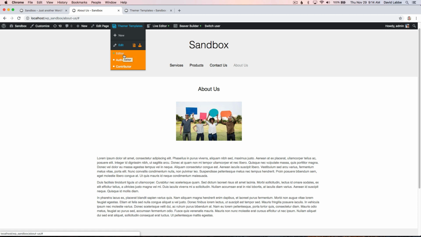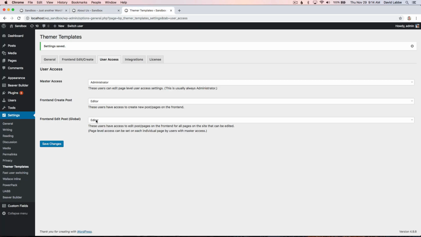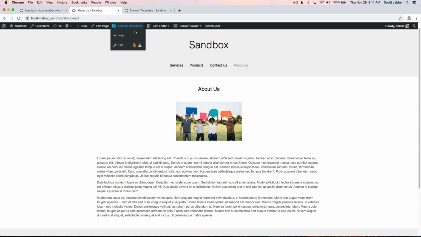As you see here, the editor has a green dot indicating they can edit this page. So let's say we want to remove them from being able to edit this page. Well, we simply click the editor button. The green dot disappears, meaning we just deactivated them from the page. The orange disappears, meaning we just deactivated the page from the global settings. So in other words, it has its own settings now. So any changes you make here will no longer reflect on this About page because we just disconnected this page